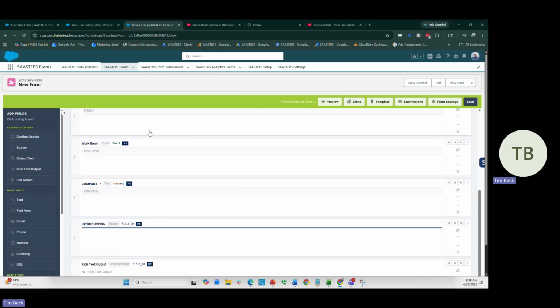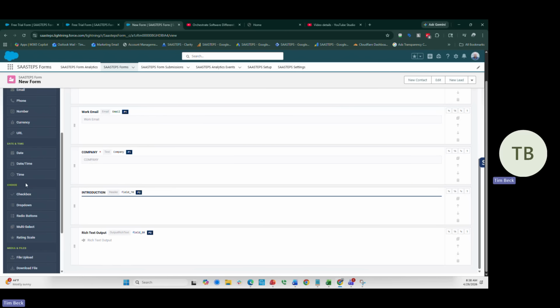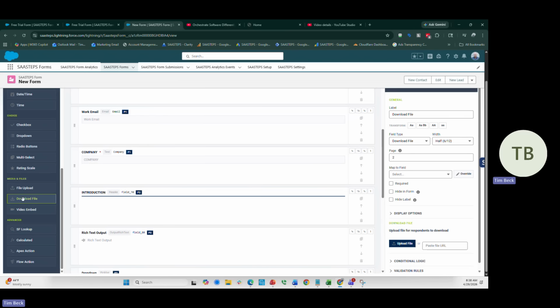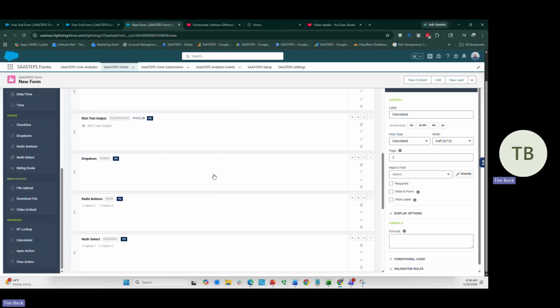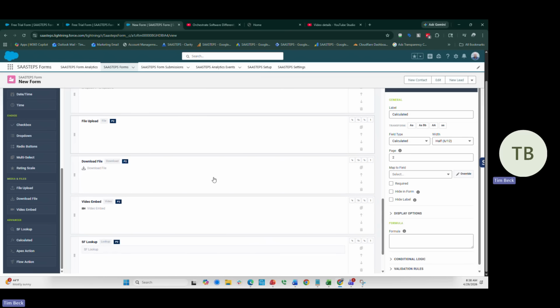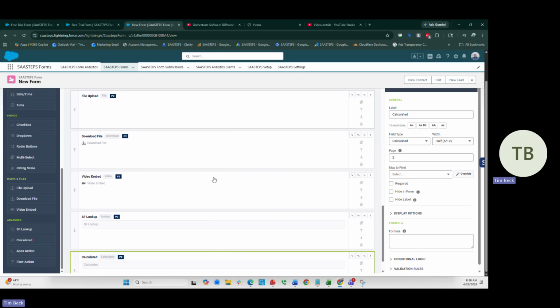We'll go back over here. You can see the forms here. So we can add in different things like drop boxes, radio buttons, multi-select. You could do file upload, file download. You can embed videos. You could do a Salesforce lookup. You could calculate information. You could trigger off Apex actions or flows. There's a lot of different things that you can do here in the system. One of the things that I just want to share with you, and then we'll call this a day,